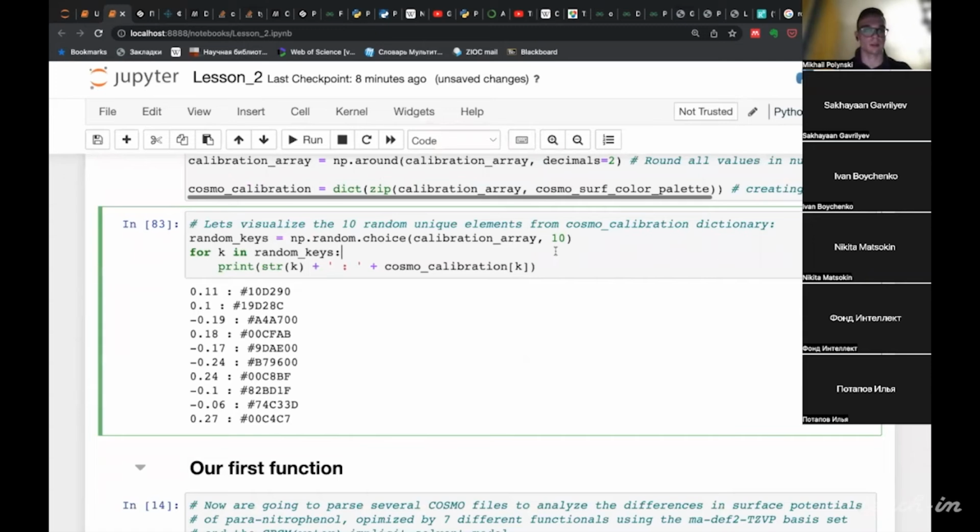So next we print some elements of the calibration array.